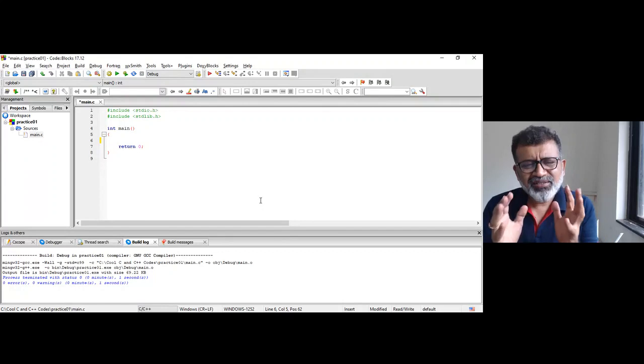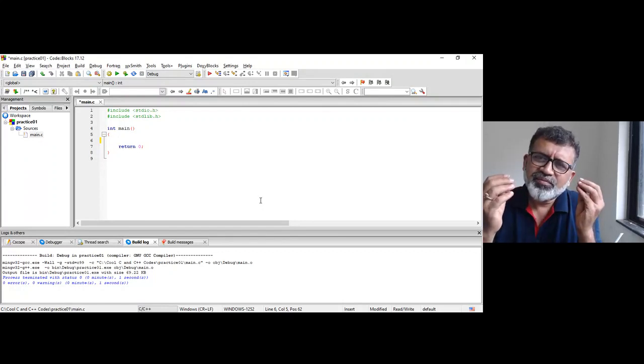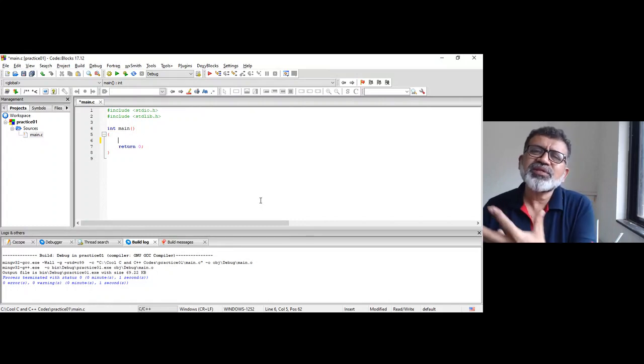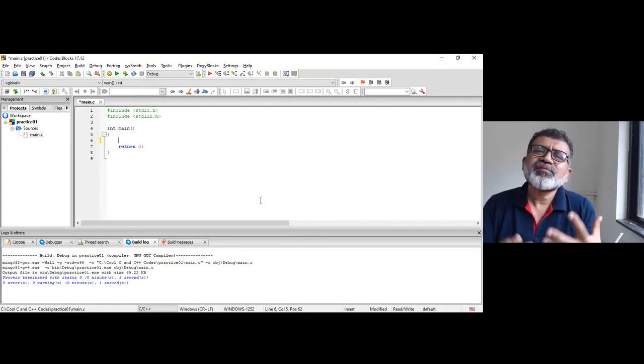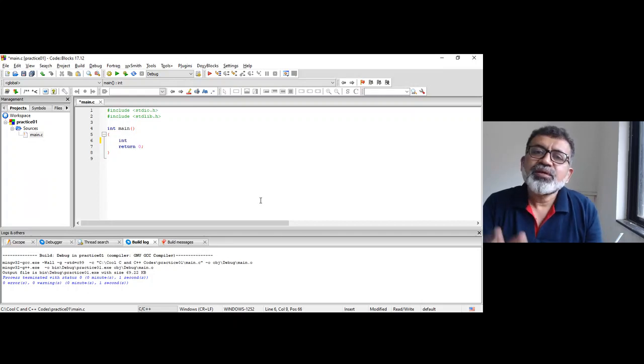Let's write a simple program for the total of marks of three subjects and the percentage marks. Okay, very simple, three subjects. Now let's see the way of writing the program.